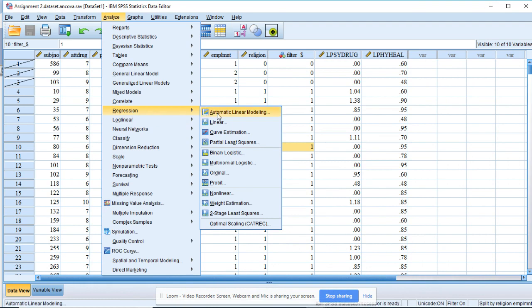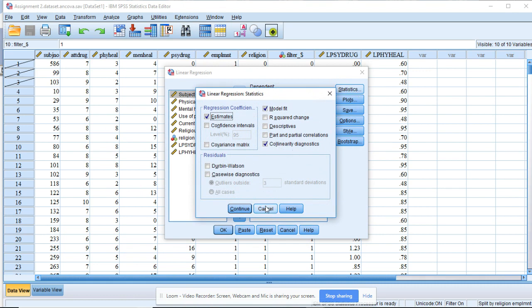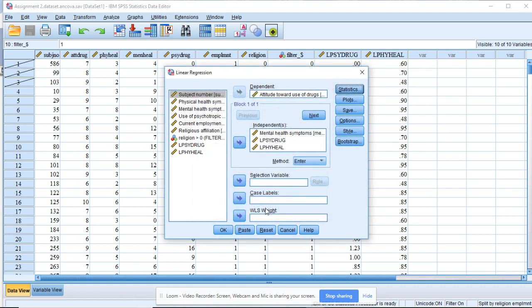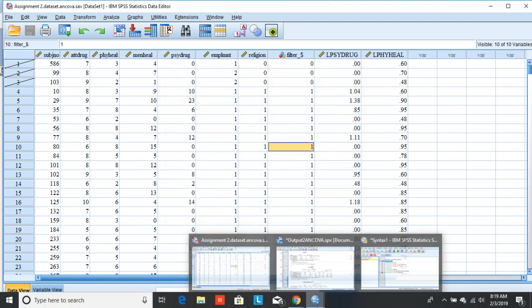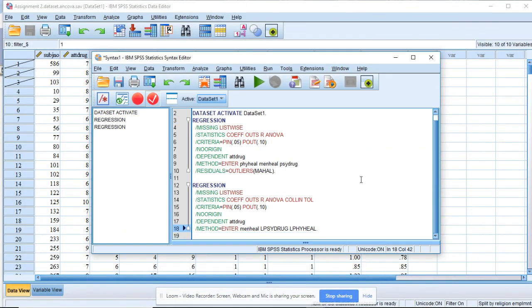All right, analyze regression, linear, here we go. And all of this is the same, and the statistics are still going to have that because it saves that. So we're good to go, but what we need to do instead of hitting OK is hit paste, and then it won't pop up. You'll just still have your syntax editor that you can find at the bottom of your screen. What we need to do is take this line and add it just like we did the last time. So get rid of that period at the end of this one. We need to use this one because it has the new variables right here. So the L psi drug and the L physical health. We're getting rid of that period, hit enter,